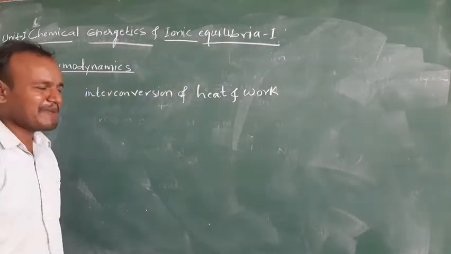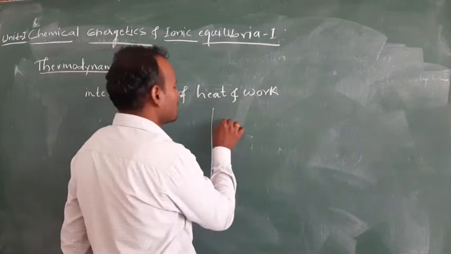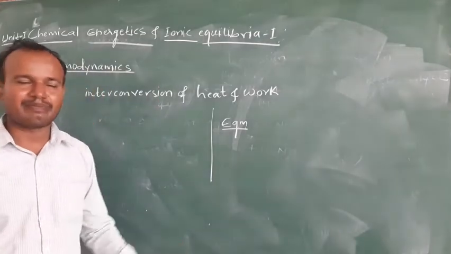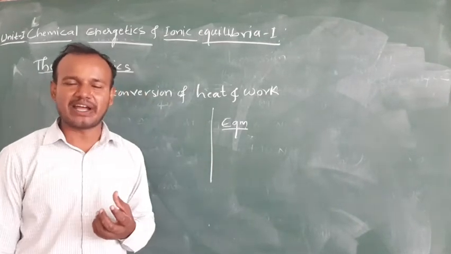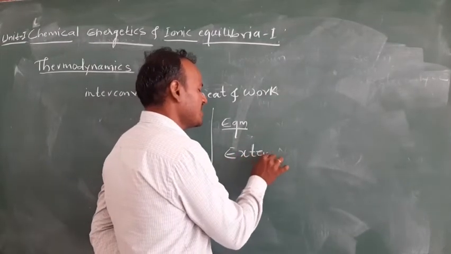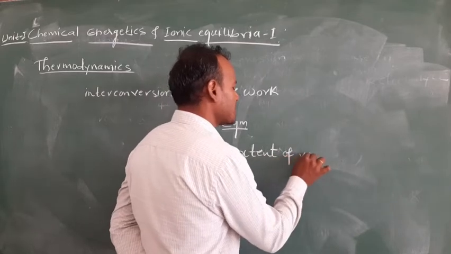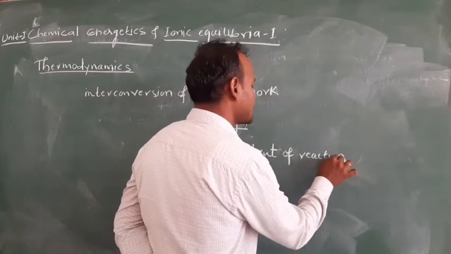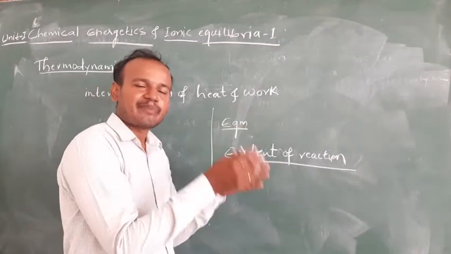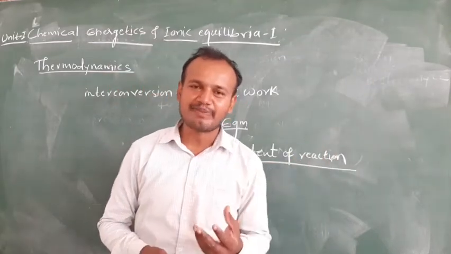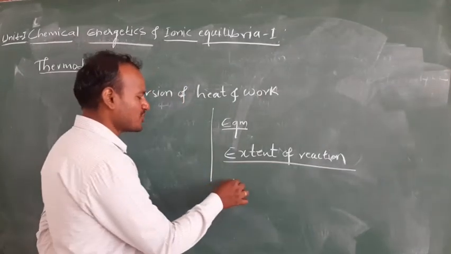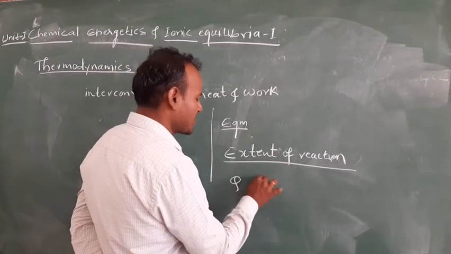As a basic, I am going to say, from the concept of equilibrium, after studying equilibrium, you will come to know the extent of reaction, how much of the reaction is completed, whether the reaction has completed to the extent of 90% or only to the extent of 10%. You get a judgment on the basis of the reaction quotient Q and the equilibrium constant K.